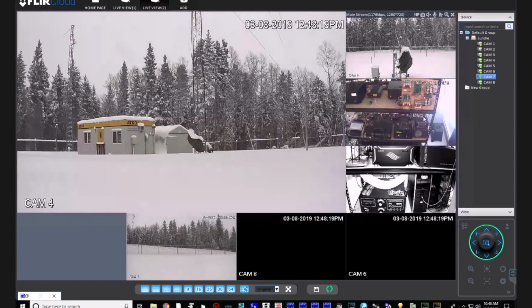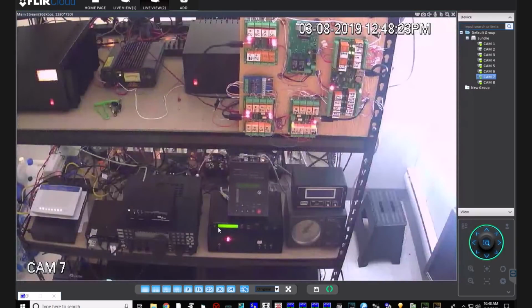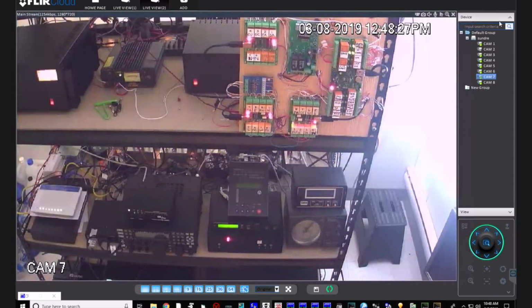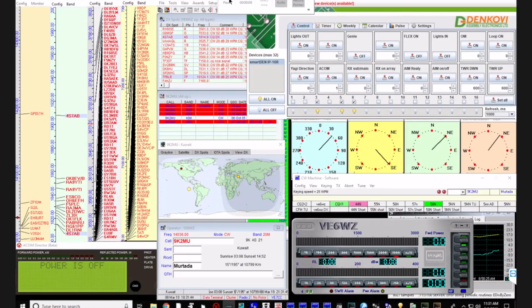This is another one looking at the crank up tower, and I can actually zoom in on these. And this is a camera mounted on the wall, so I can sort of keep an eye on the physical status of the station. So that's an overview of how I control the remote station here using the remote desktop